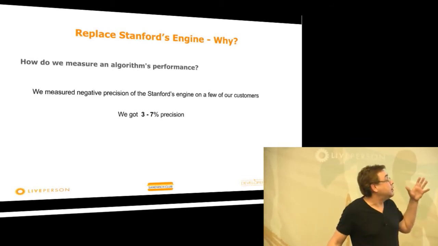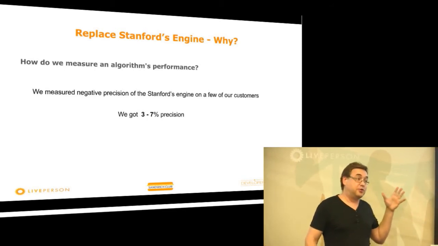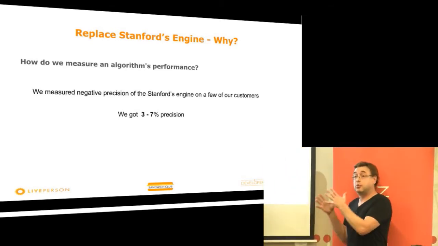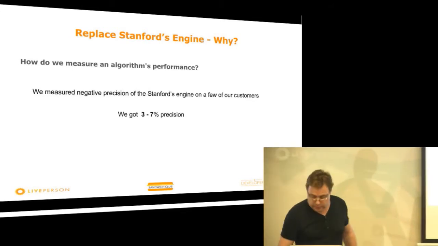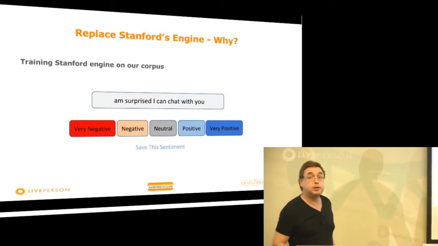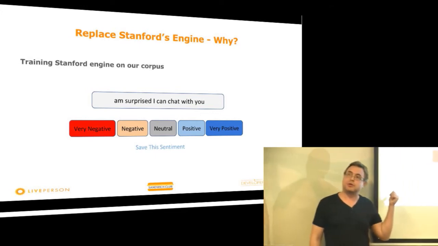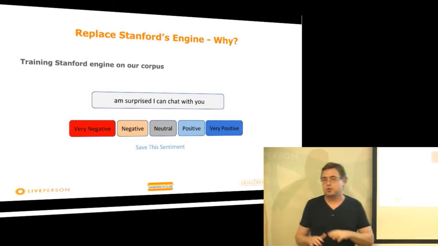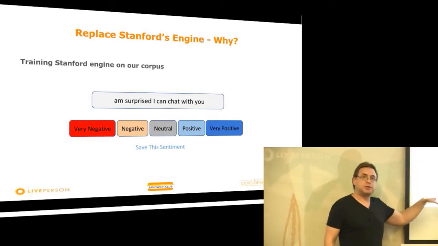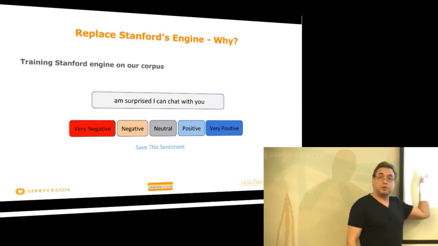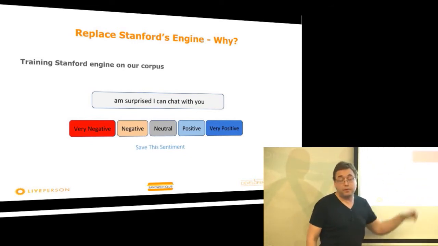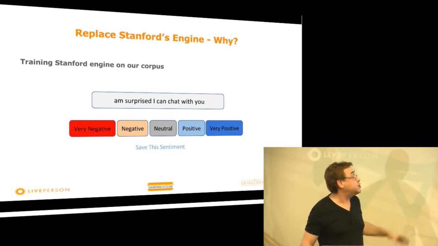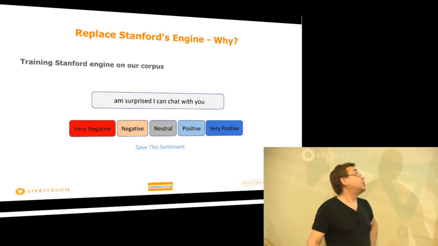What we chose to do is to build our own corpus, to label the sentences from our chats, and to train the algorithm on our own corpus. So our engineers built a nice tool. We couldn't outsource it to crowdsourcing because of security reasons, so we did it in-house. Our coworkers sampled the sentences from chats, and we built parse trees upon these sentences, and we gave them to label for sentiment, in these 5 categories of sentiment for each phrase and subphrase, sentence, subsentence. They worked a few months,